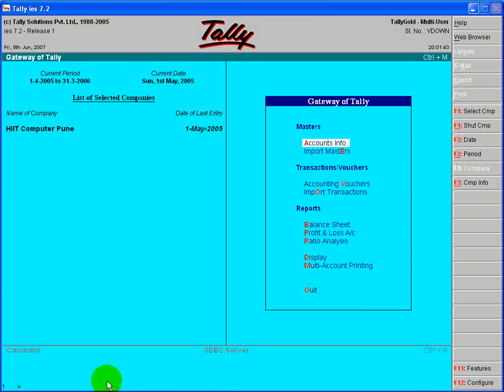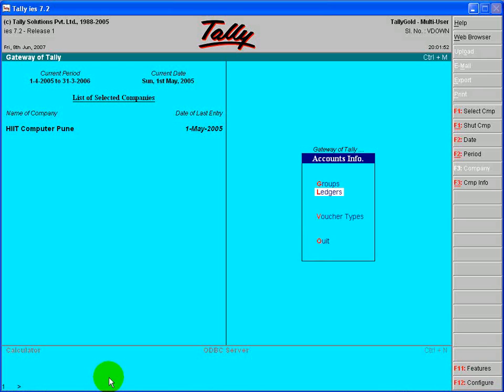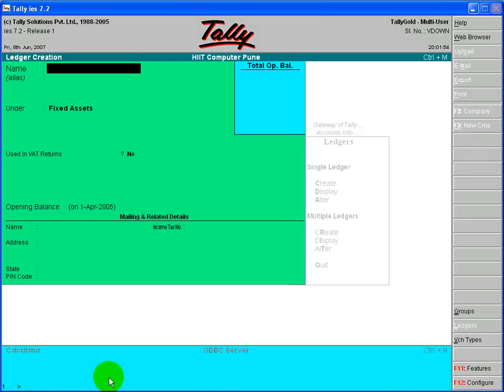Now we will see some of the new groups related to journal entries. First we will create the groups: accounts info, ledgers, then create. Some of the groups are needed to make entries in the journal. Journal is basically used if some adjustment entries are to be done, then these entries will have to be done